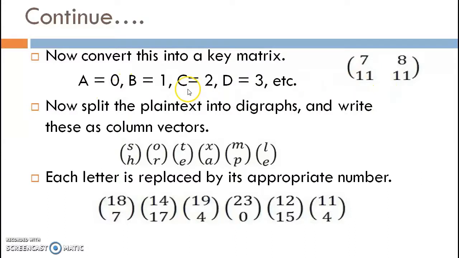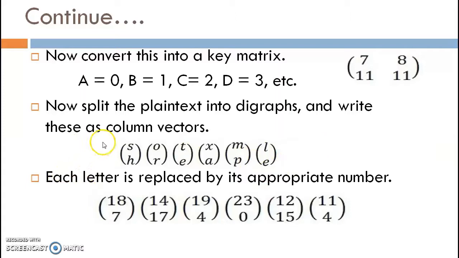So the key is converted to the key matrix. Now split the plain text into pairs of two, that is digraphs, and write them as column vectors. The plain text is converted to column vectors like SH, OR, TE, XA, MP, LE.